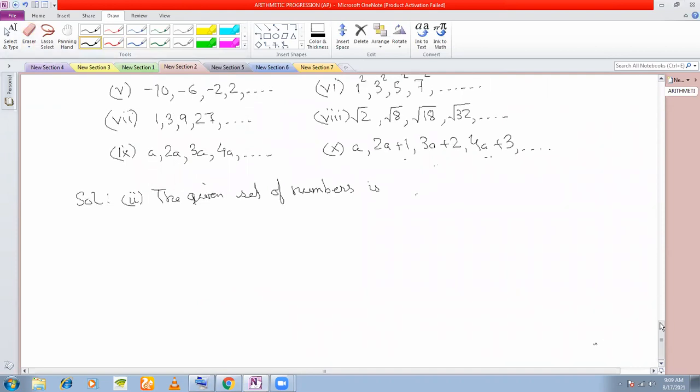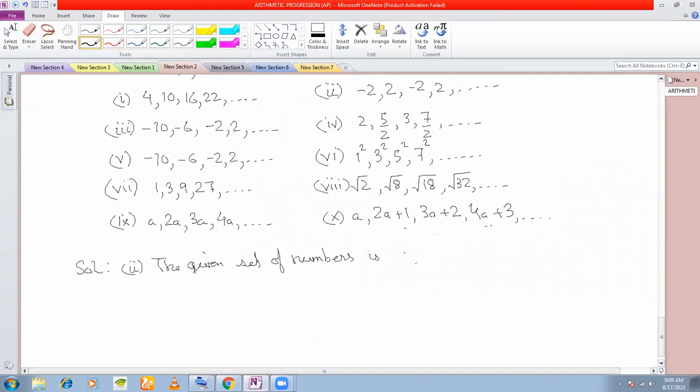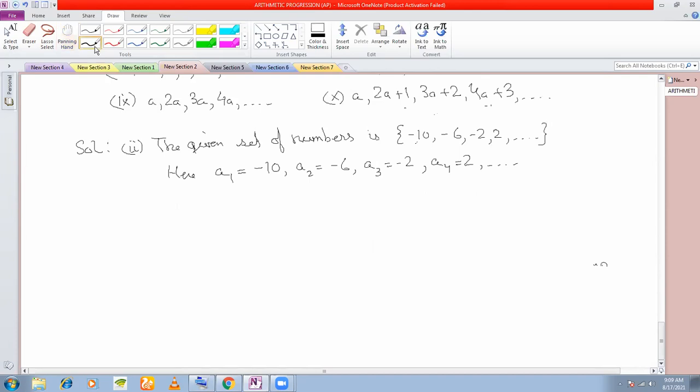The third part of the question is the given set of numbers here is -10, -6, -2, 2, and so on. So here A1 is -10, A2 is -6, A3 is -2, A4 is 2, and so on. Let's take the differences and see. A2 minus A1,